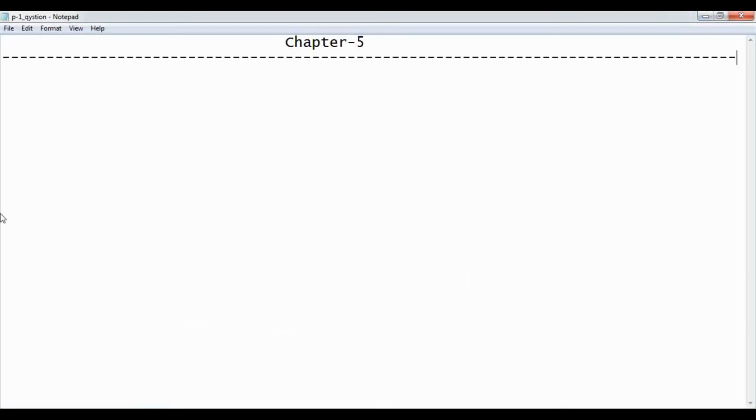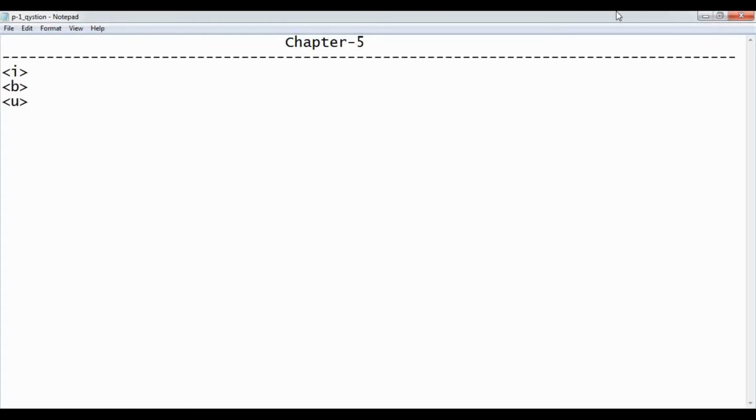Now let us get started with the tags of chapter number 5. Chapter number 5 is all about making your text more appealing and attractive to the audience, how you make your content more emphasized and more attractive. So the first set of tags which we will learn here is italic, bold, and underline.